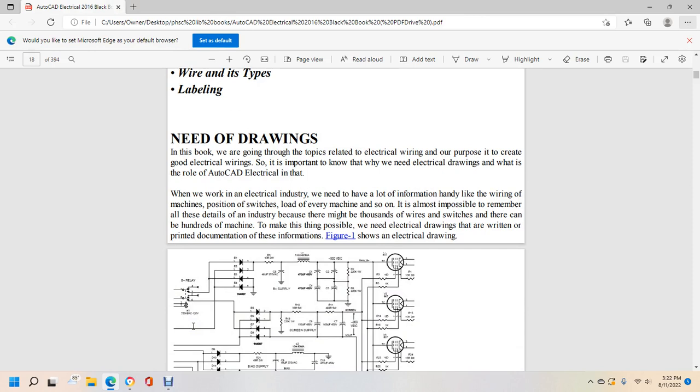What is the role of AutoCAD Electrical in that? When working in the electrical industry, we need to have a lot of information handy, like wiring, machine position switches, loading of every machine, and so on. It's almost impossible to remember all the details of the industry because of these over 1,000 wire switches. There could be hundreds of machines. To make this possible, we need electrical drawings and written and printed documentation of these, and Figure 1 shows an electrical